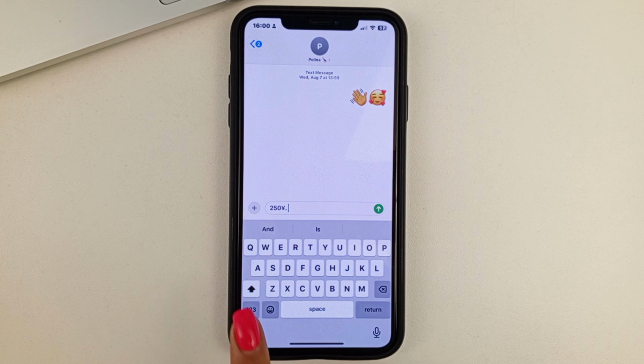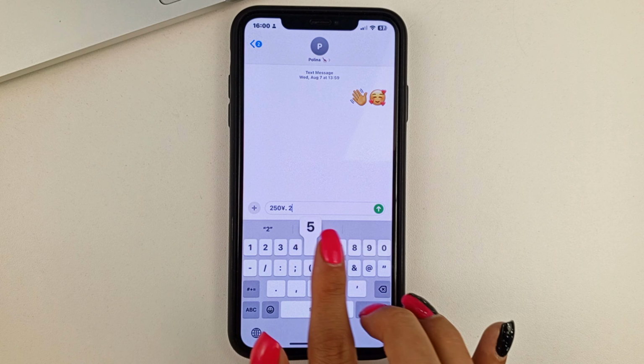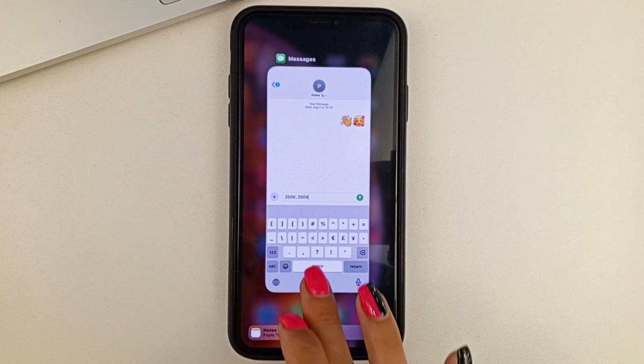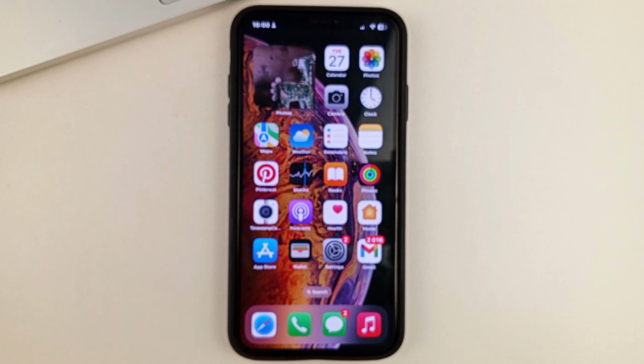And the second option is when you have typed some number, you will need to immediately click on this button to the more expanded symbols. And here you can also find yen. These are the two ways you can very quickly and easily type and add the Japanese yen symbol on your